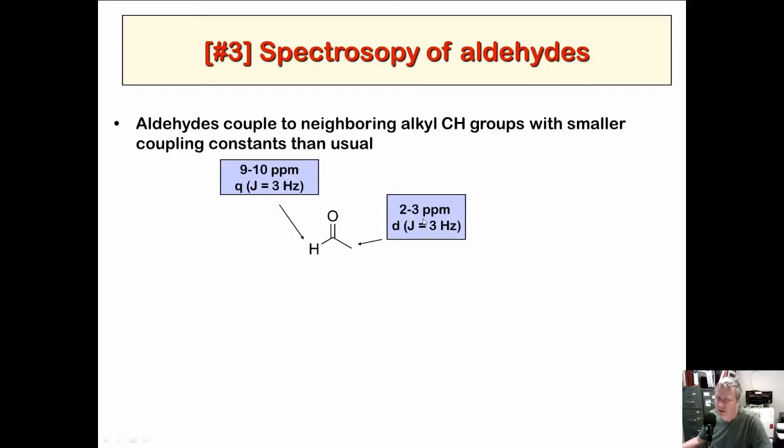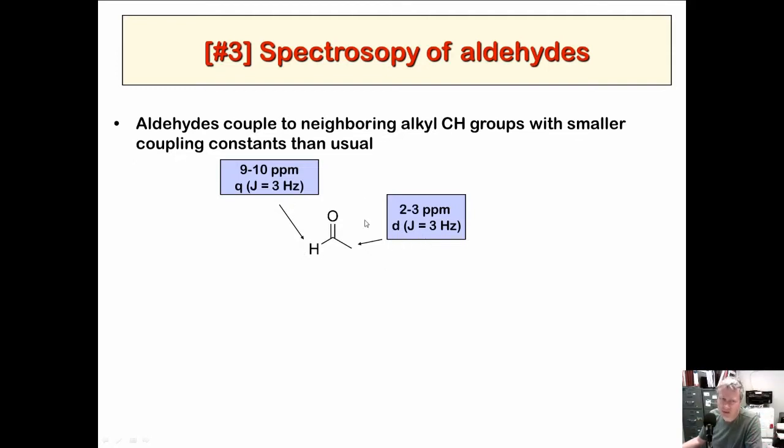If you're next door to an aldehyde, you are next to a pi bond, right? Because that is a pi bond, and next to a pi bond we said was 2 to 3 ppm. So perfect. Everything lines up. The other thing, though, is the splitting has a small J value, 3 Hertz. So this is a quartet because the CH sees the CH3. And this is a doublet because the CH3 sees a CH next door. But the big thing is the J values are small.